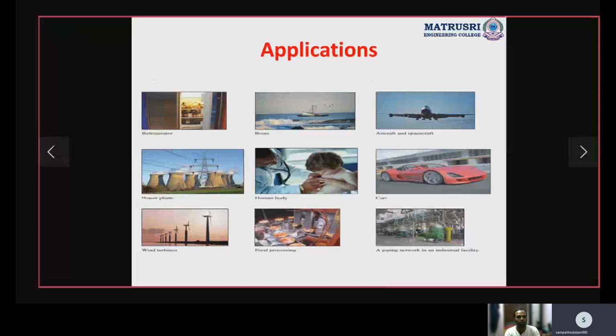Those are the applications and all. There is a pure substance. The pure substance is something you already learned at school level, where the properties of the substance naturally depend upon the behavior of the particles. For example, the pressure of a gas in a container is a result of momentum transfer between the molecules and the walls of the container. Let me take an example to make this clear.